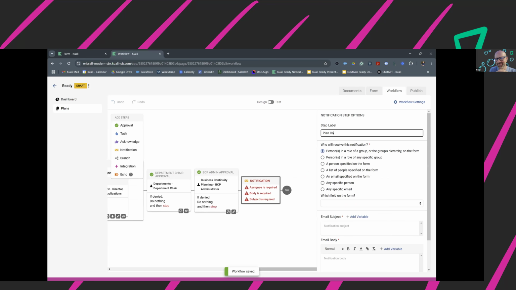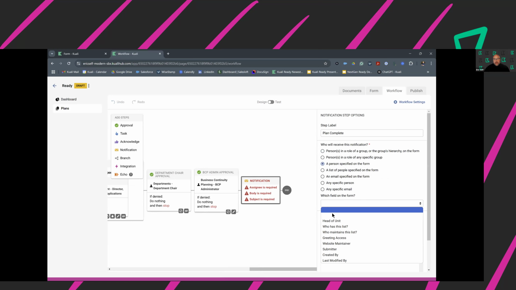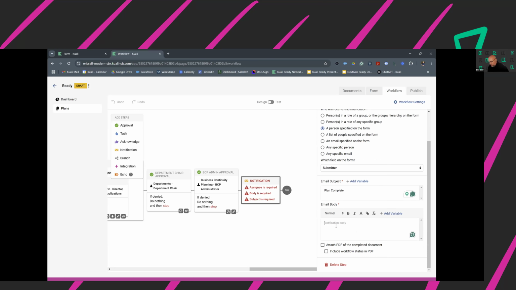And this is just me adding another step on here. I don't know how to do any coding or anything. I call it plan complete. I want it to go to the person that's specified on the continuity plan itself. I'm going to choose the submitter, the person that's submitting this. In the email subject, you can have whatever you want, but I'm just going to say, plan complete, congrats on the actual email.